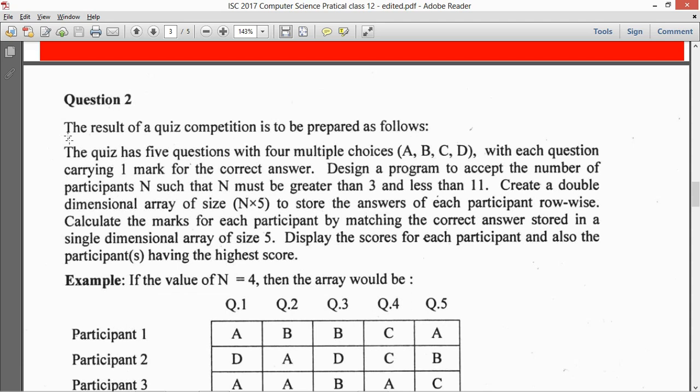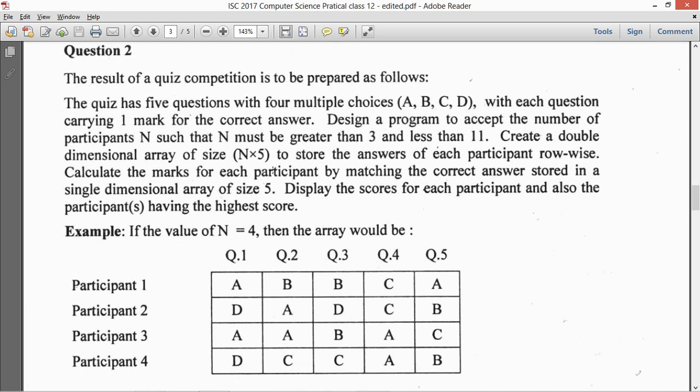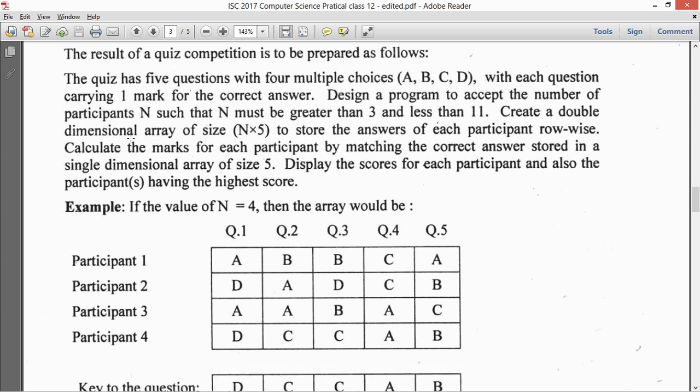So question 2 says the result of quiz competition is to be prepared as follows. The quiz has 5 questions with 4 multiple choices A, B, C, D, with each question carrying 1 mark for the correct answer. Design a program to accept the number of participants n such that n must be greater than 3 and less than 11. So n greater than 3 and n less than 11. That is the boundary that has been set for the value of n, and each question will be of 1